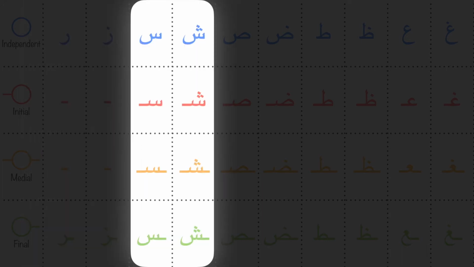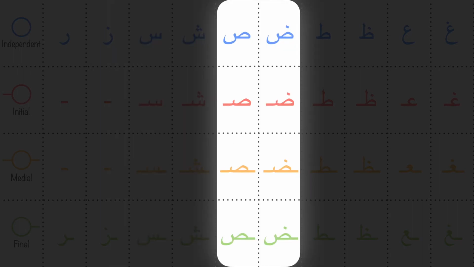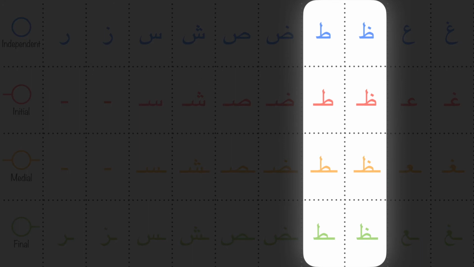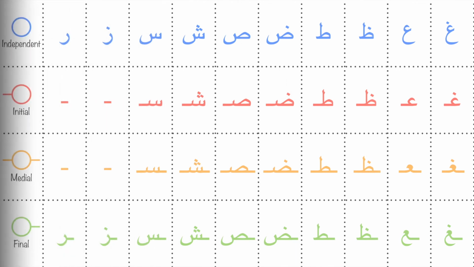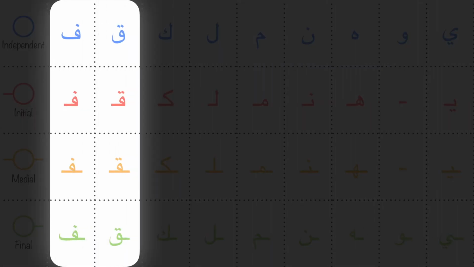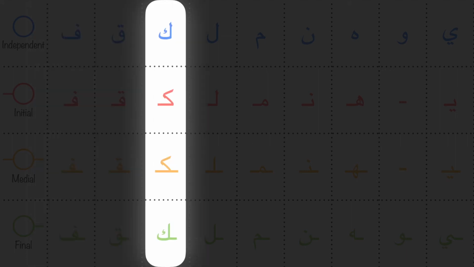Also here, Sin has no dots and Shin has 3. Then Sad with no dots and Dad with an upper dot. For Ta and Dha, you can see that all shapes are similar. Then we have Ain and Ghain with an upper dot for Ghain. Fa and Qaf are similar, but the difference besides the number of dots is that the independent and the final shape of Qaf is more concave than Fa. Then we have Kaf,